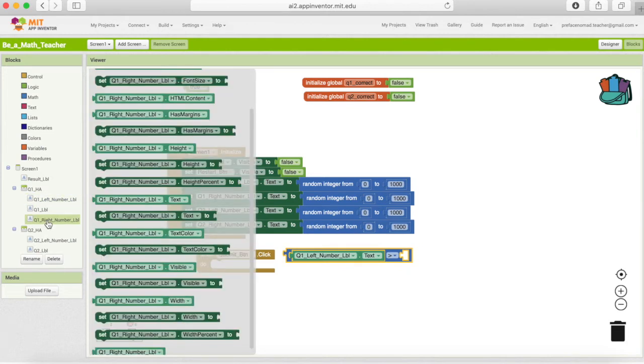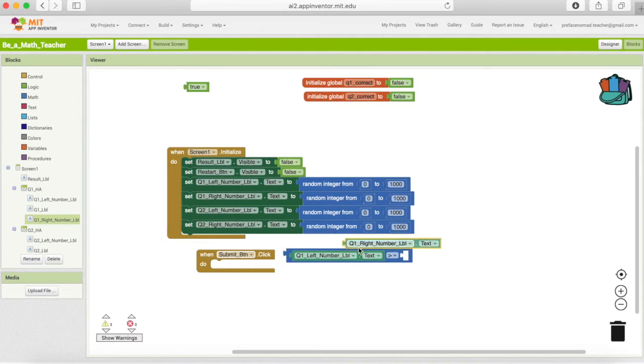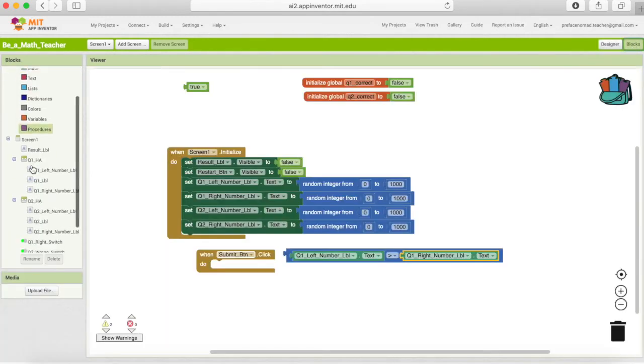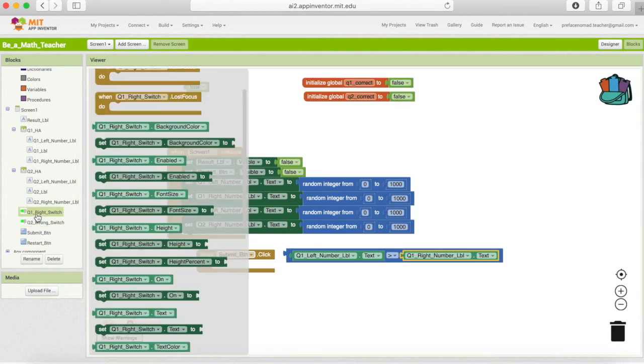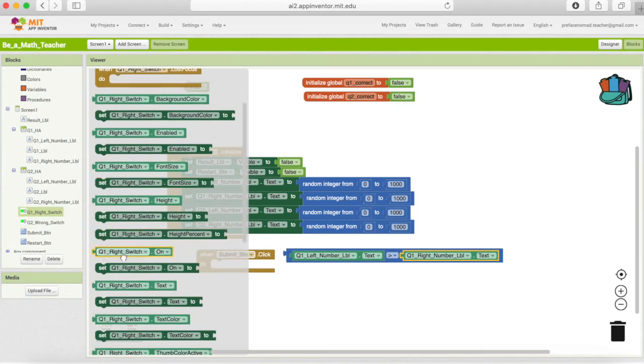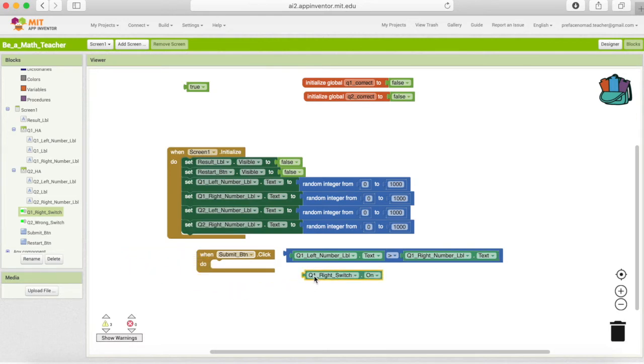I'm going to come into Q1 right number label and dot text. Okay, so if left is greater than right, and what else? When Q1 right switch is on. So that means I'm going to have to come into Q1 switch, and I'm going to have to find if Q1 right switch is on. Then